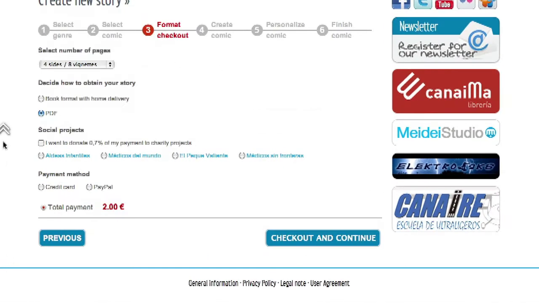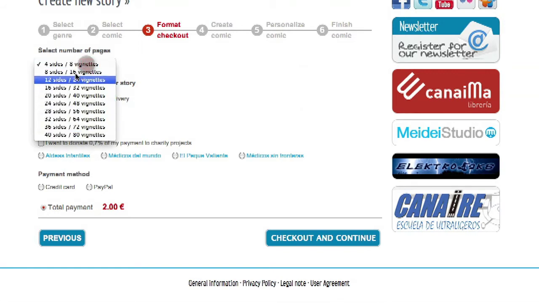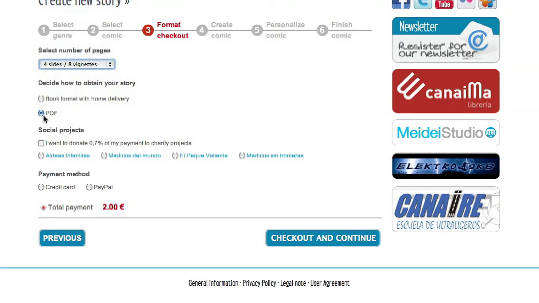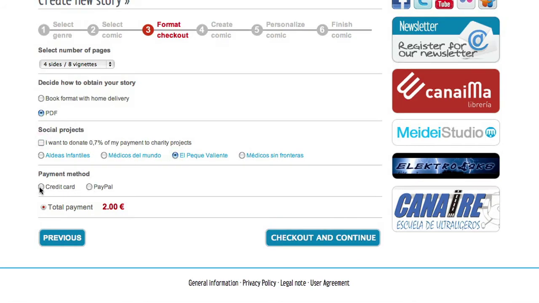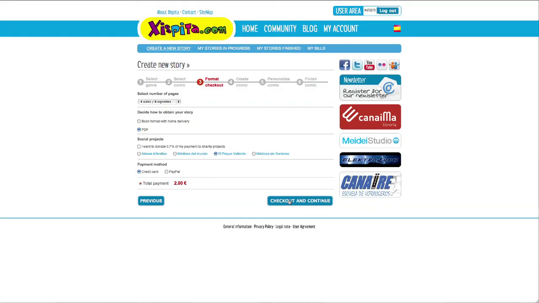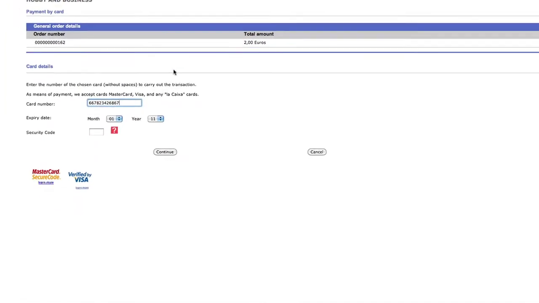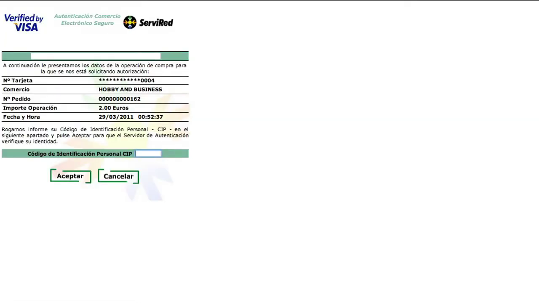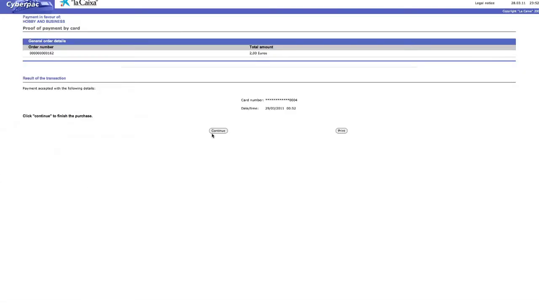In the next step, type of format and payment, you will confirm the number of pages in the comic, and if you prefer it, printed in book format or PDF format for computers. It also gives the user the option of working with a project or NGO, donating 0.7% of the amount of work hired. And finally, choose the payment method. You will have two options, both of them easy and safe. You will be redirected to the chosen one, and after confirming, click on Continue,